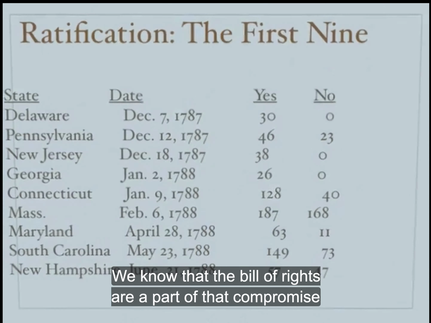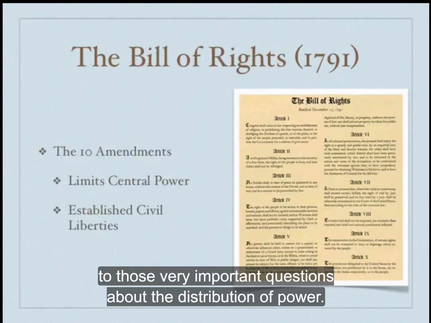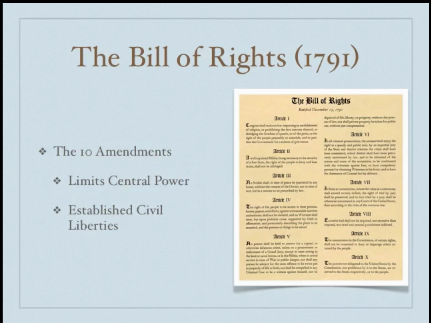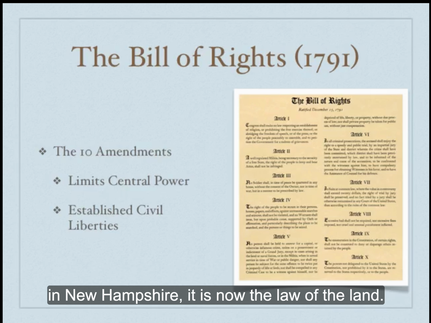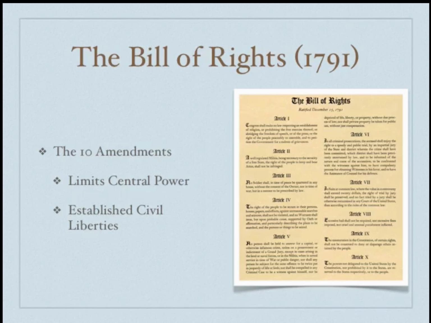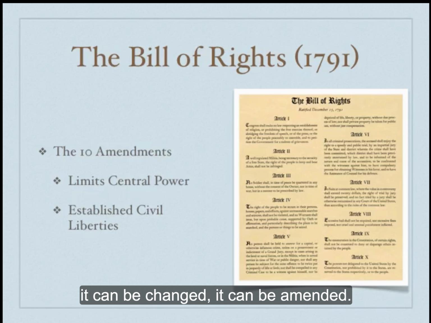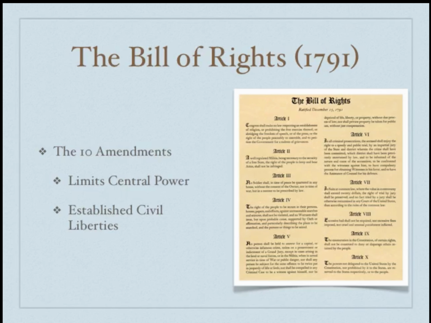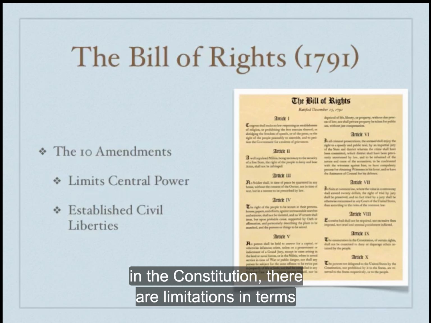We know that the Bill of Rights are a part of that compromise to those very important questions about the distribution of power. When the Constitution of the United States is ratified finally by the ninth state, New Hampshire, it is now the law of the land. And as such, because of Article 5 of the Constitution, it can be changed. It can be amended. And so James Madison proposes that although Articles 1 through 7 are important in the Constitution,